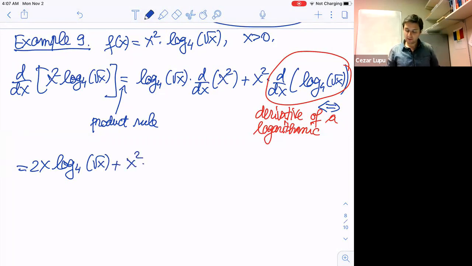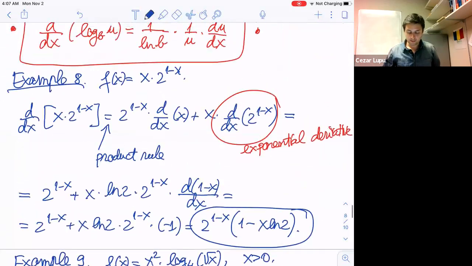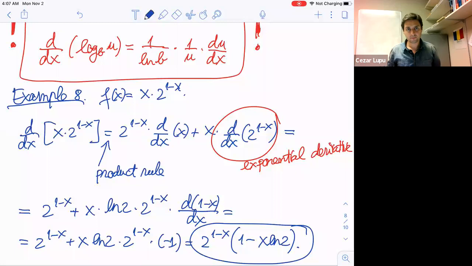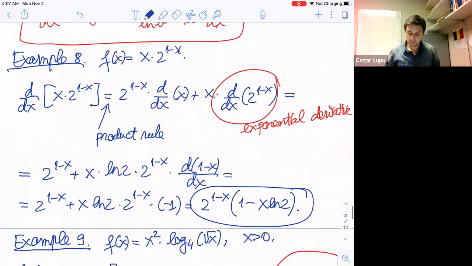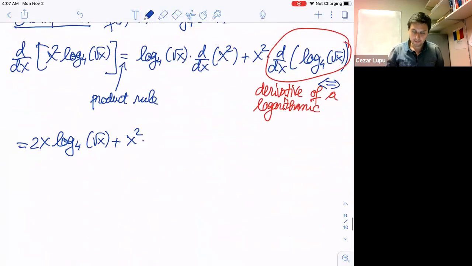And now let's be careful with this. So if we look at the derivative of the product, it will be 1 over, look at this formula here. Right? Look at the formula in red. It will be 1 over ln of b. So in our case, b equals 4. And u of x is, we said that u of x is square root of x. So it will be 1 over ln of 4 times u. Okay, so it will be 1 over ln of 4 times 1 over square root of x, right? Times the derivative of the square root of x with respect to x, which will give us,